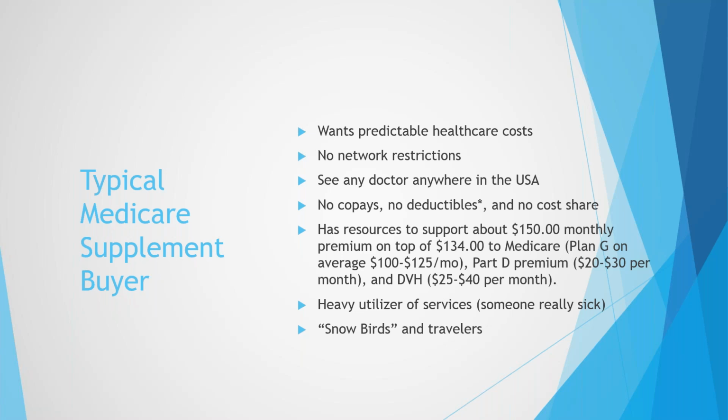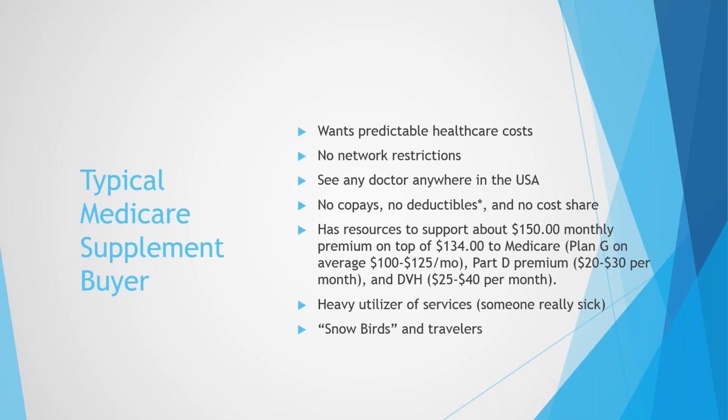In my plan, we pay the first $5,000, then we pay 20% after that until another $5,000 is spent for a total of $10,000. You know, that second part is the cost sharing, and we hit it this year. I had an appendix taken out in February, and sneezed, and there was $10,000, just like that. They have resources to support about a $150 a month premium on top of the $134 that's being paid to Medicare. I did not adjust this for 2019. It's not that much, and it's only going up about $1.